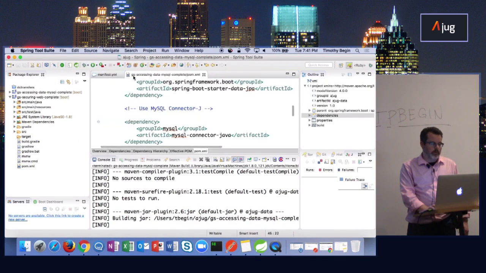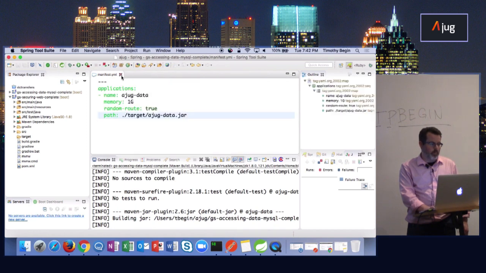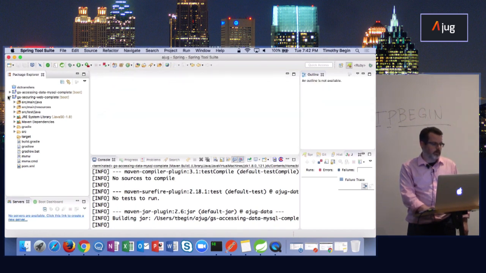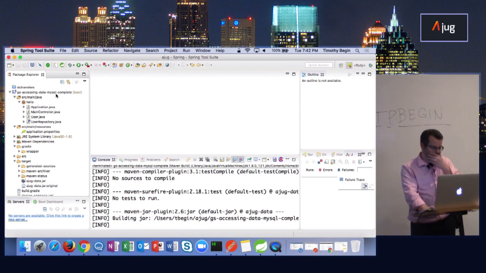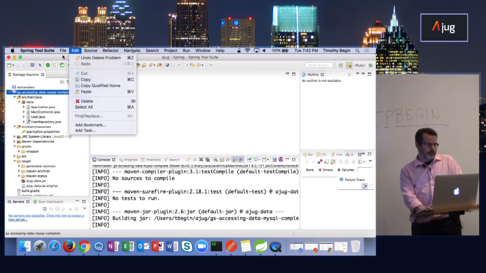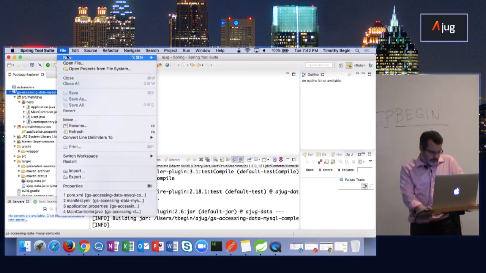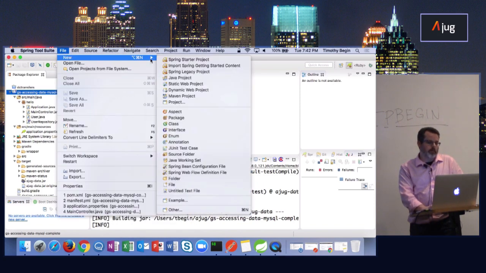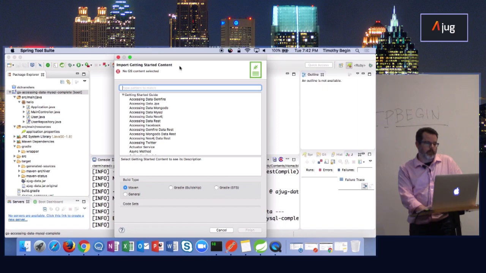I downloaded one application, this Accessing Data MySQL Complete application from this import Spring Getting Started content.